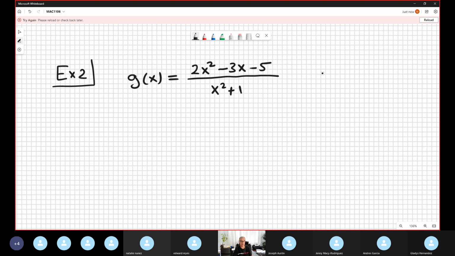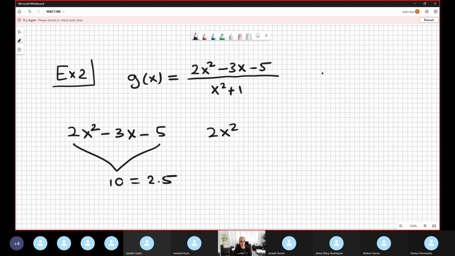You take the trinomial in the top and you multiply, it's 10. And the combination that works is 2 and 5, because 2 times 5 is 10 and 5 minus 2 is 3. So you rewrite 2x squared minus 5, you separate this in 2 and 5